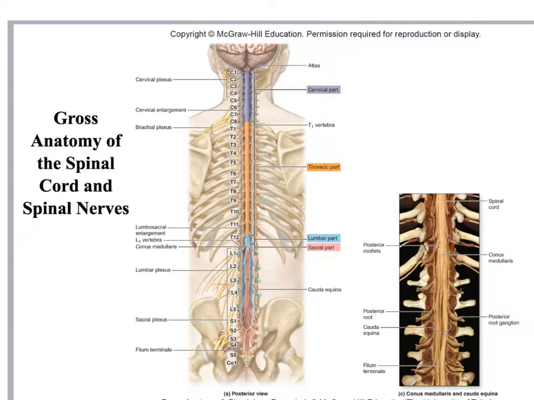This is a lecture to cover spinal cord anatomy. So we're going to continue with the central nervous system and talk about the spinal cord, how it's structured, and how the spinal nerves, parts of the peripheral nervous system, emanate off of that. The spinal cord starts at the base of the brain, at the brainstem, and then extends out from